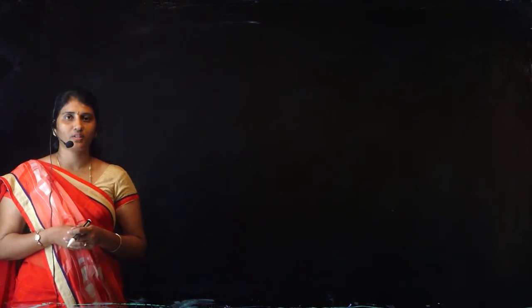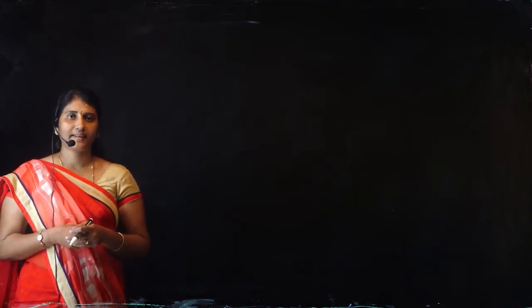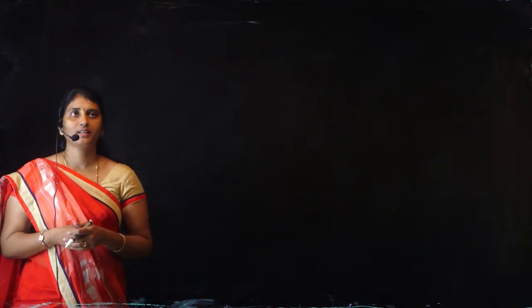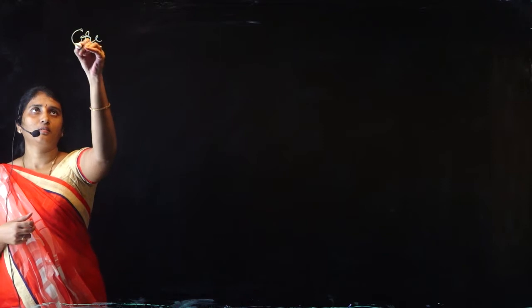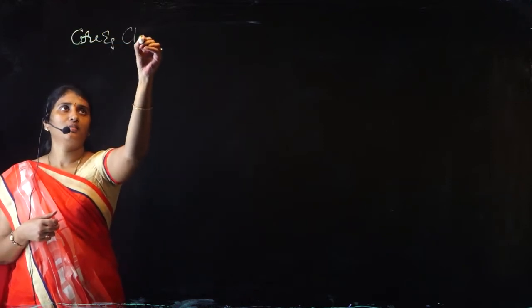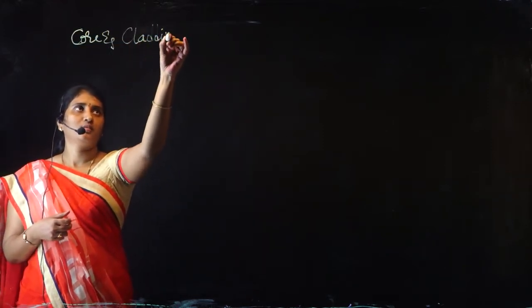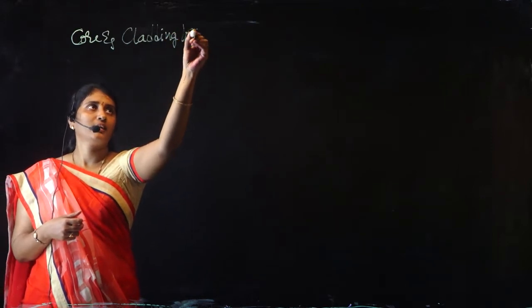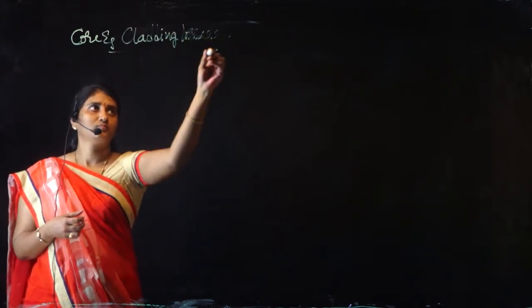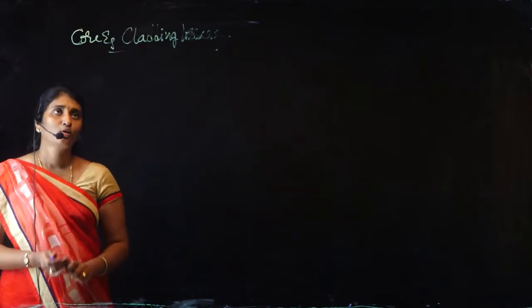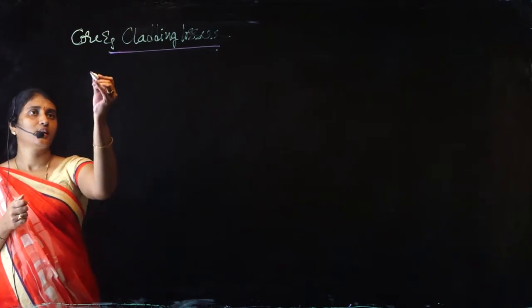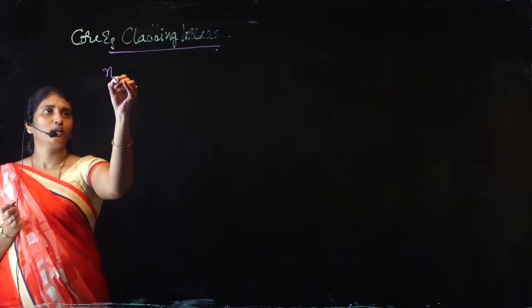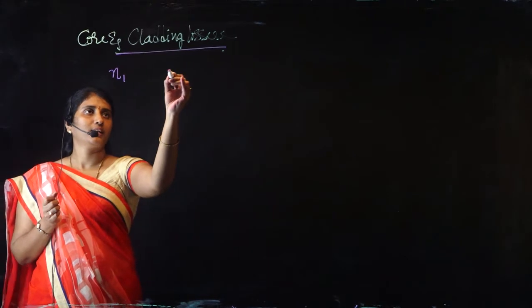Good morning students. In the last class we discussed different types of losses like absorption, scattering losses, bending losses, and there is one more type of loss called core and cladding losses. Core and cladding losses. As we know, the core refractive index, let it be N1, and the cladding refractive